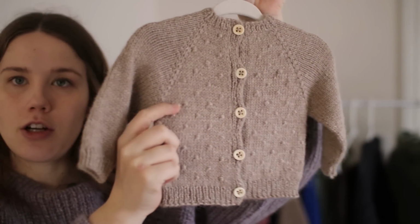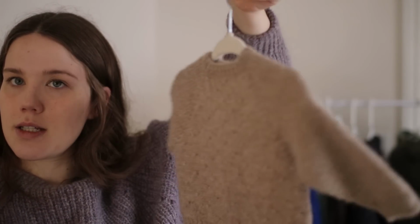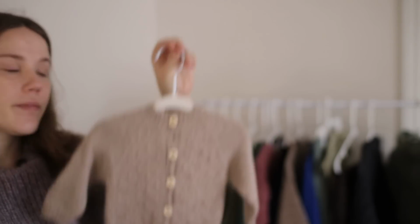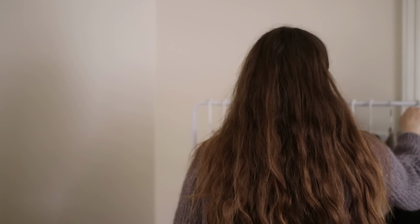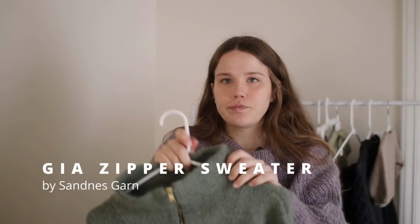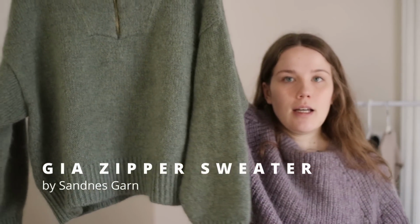I want to use this stitch on more things because I love it, and it's really easy to make. So there it is. Little button stitch baby cardigan. Love it. All right, last finished object of the year. This took forever. This is my Gia zipper sweater by Sundae, and it took absolutely